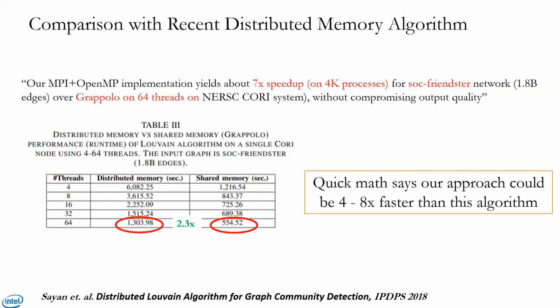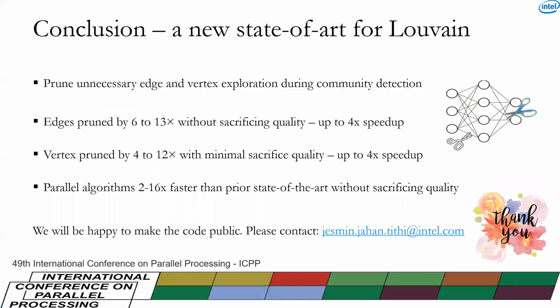So a quick math says that since we are 2 to 4x faster than Grappolo, we expect that we will be roughly 4 to 8x faster than this algorithm as well if we run on the same platform with the same number of cores. So to conclude, we show that the standard community detection algorithm does a lot of unnecessary work